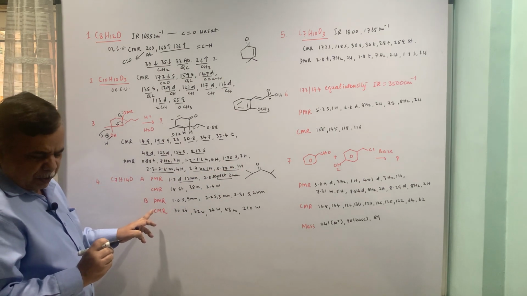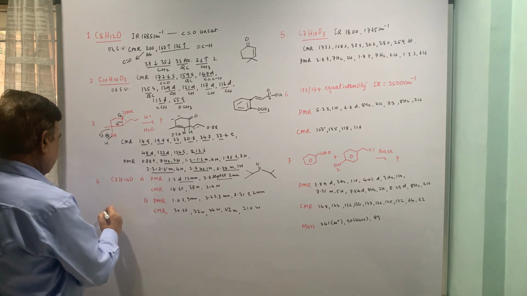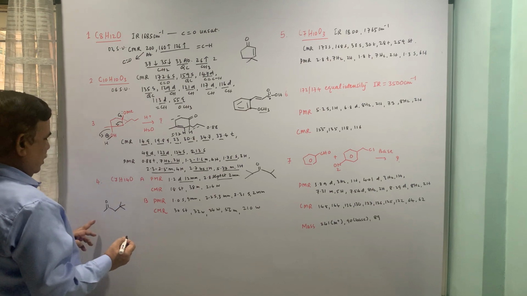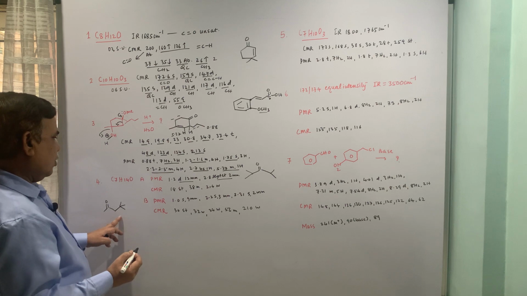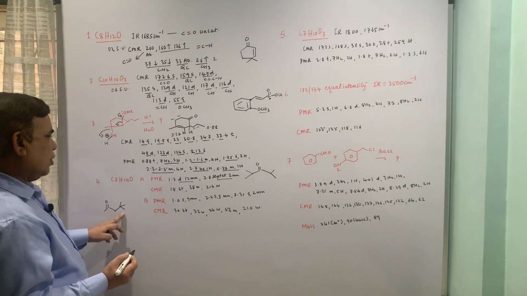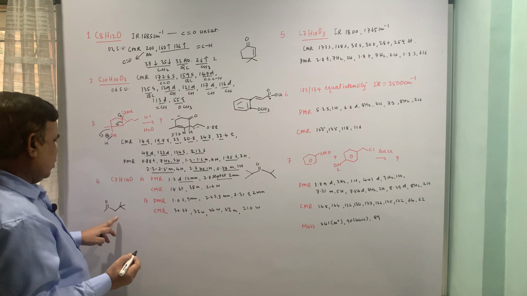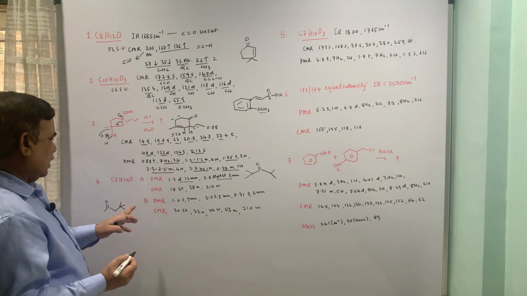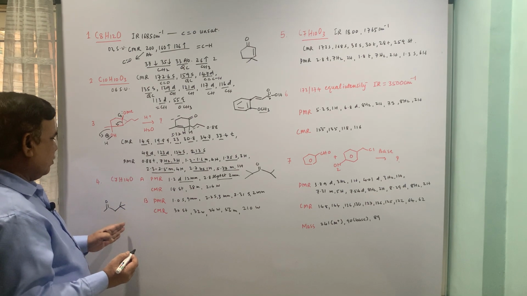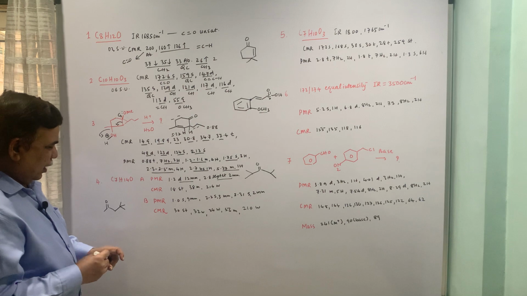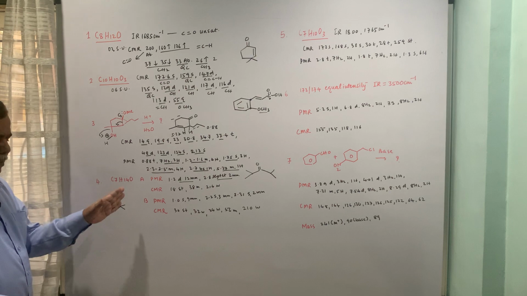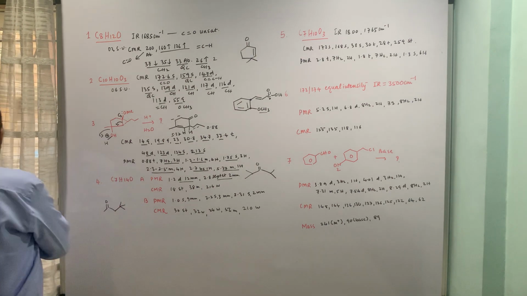The second isomer, although the data is not very conclusive, but I will just put it this way. Nine proton singlet, that is a tertiary butyl group. 2.23 is this singlet and 2.31 is a singlet. So CMR may not be exactly matching, but PMR certainly will tell you this is a ketone having a methyl group on one side and CH2 tertiary butyl group on the other side.